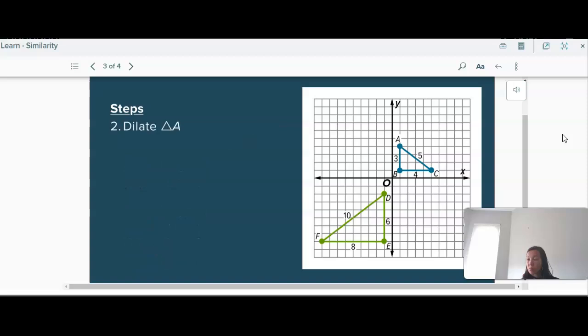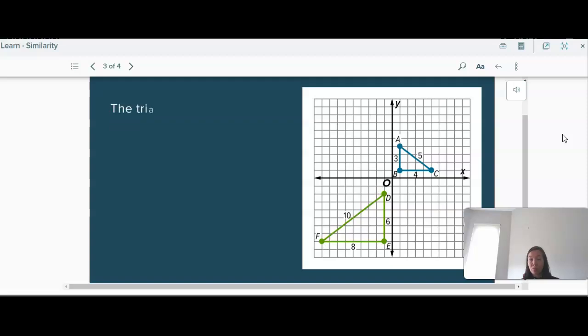Dilate triangle ABC with a center of dilation at the origin and a scale factor of 2. Next, reflect triangle A'B'C' across the y-axis. Lastly, translate triangle A'B'C' down 10 units and to the right 1 unit so that it maps exactly on triangle